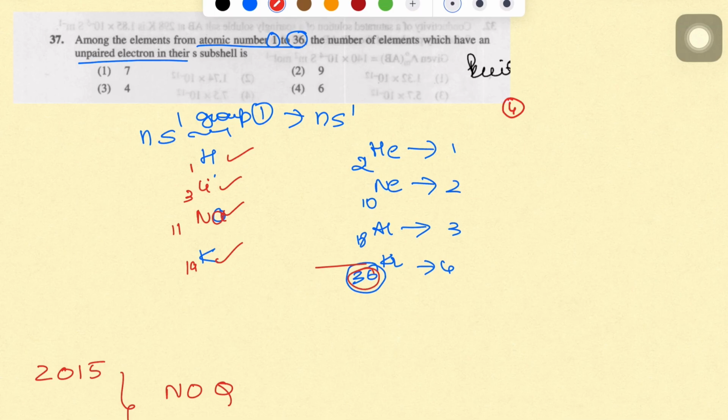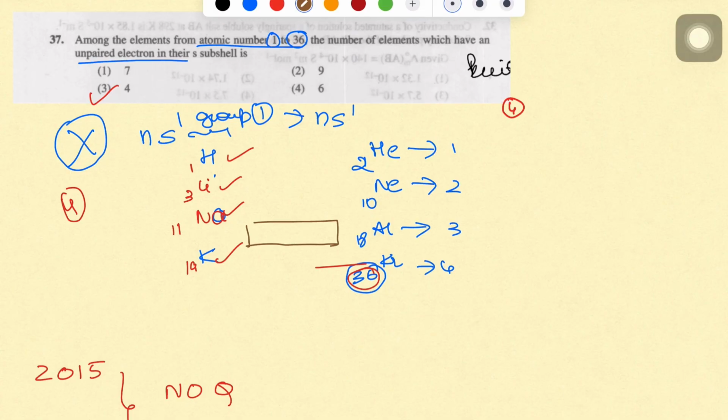These all belong to group 1, they have electronic configuration ns1 and they all have unpaired electrons. So the answer would be 4 elements, but this is wrong because in between we have d block elements,